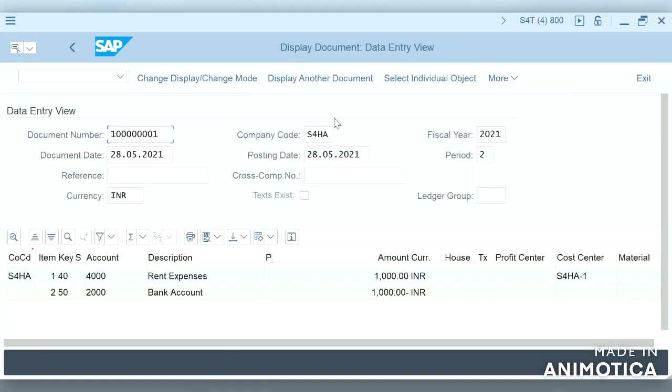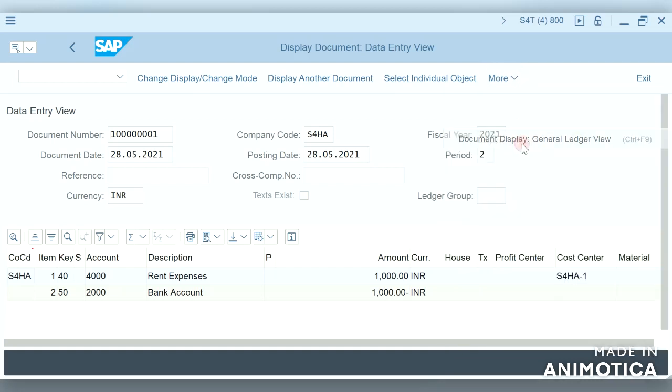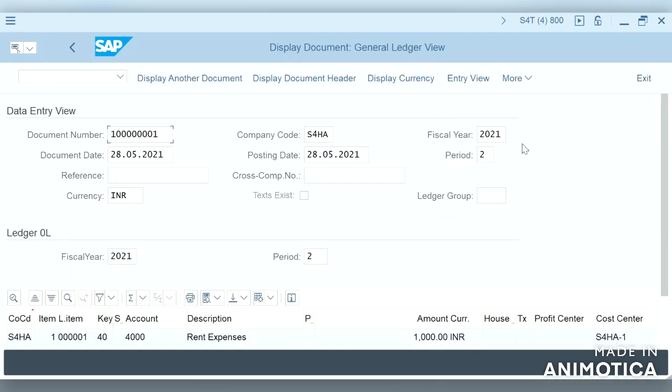Let us view the document. So it has posted with cost center, document display, general ledger view.